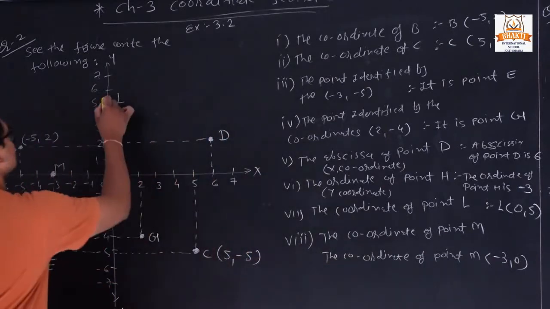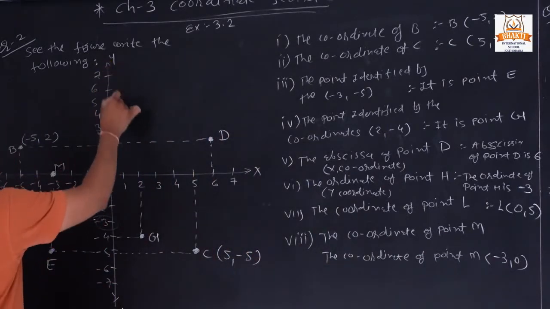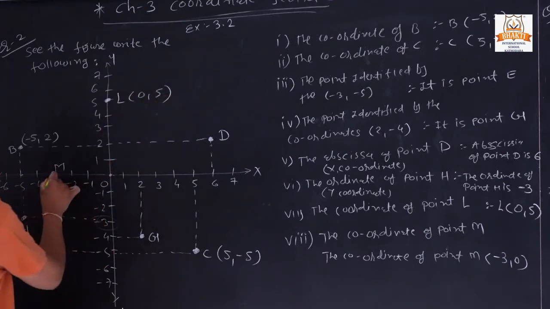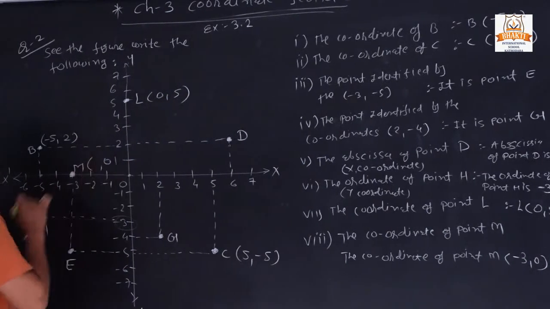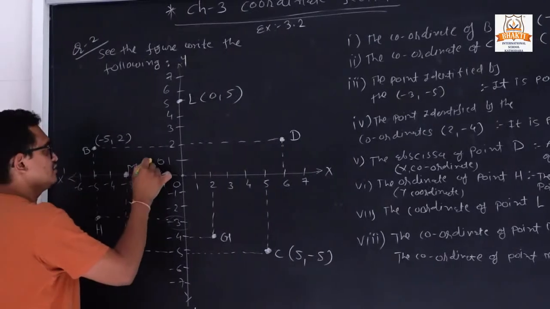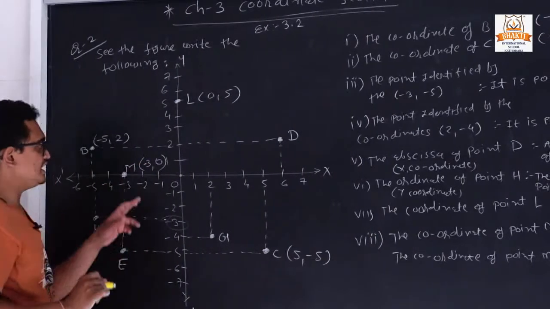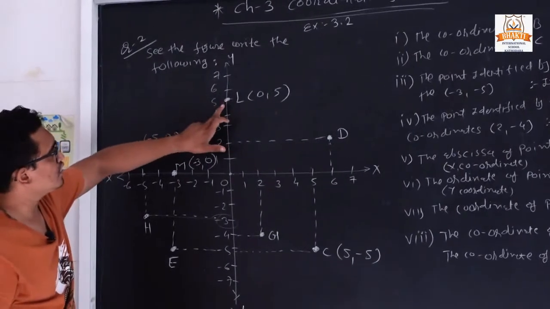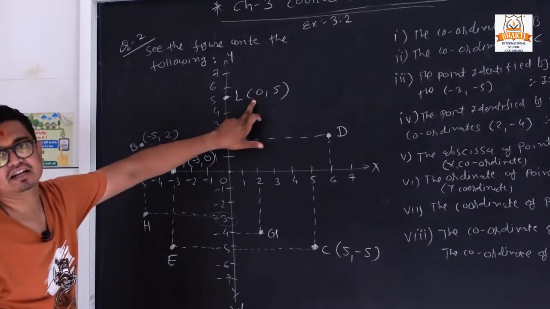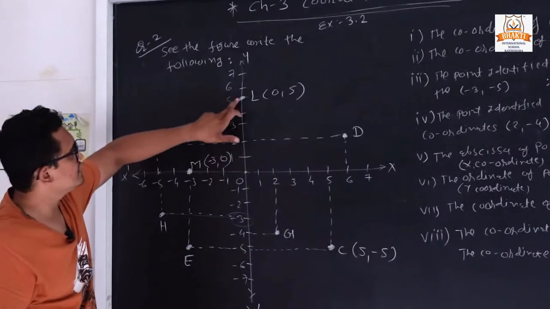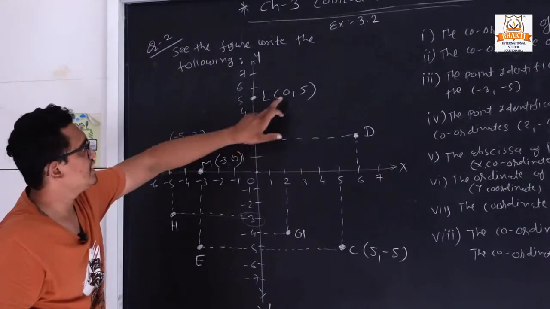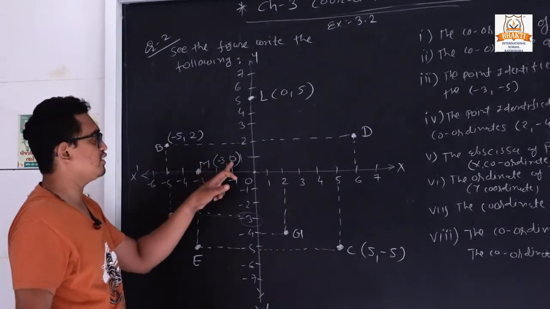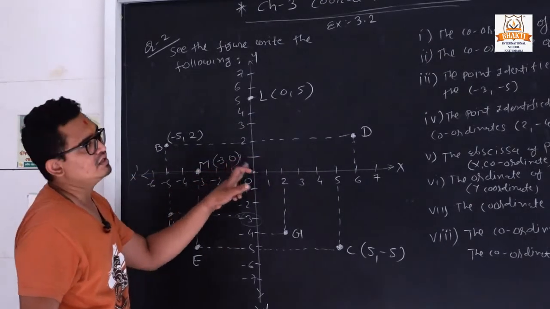Lastly, to see that, this point is on the y axis, so its x coordinate becomes 0. And this point is on the x axis, so its y coordinate is 0. So it means that if any point is on this axis, the corresponding coordinate automatically becomes 0. If a point is on the y axis, its x coordinate is 0, and if a point is on the x axis, its y coordinate is automatically 0.